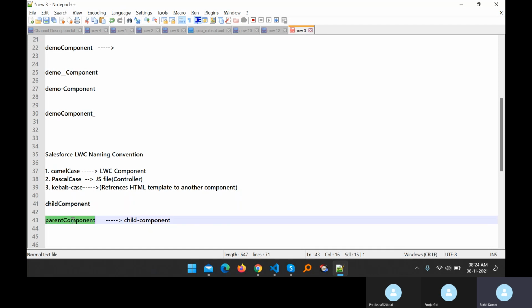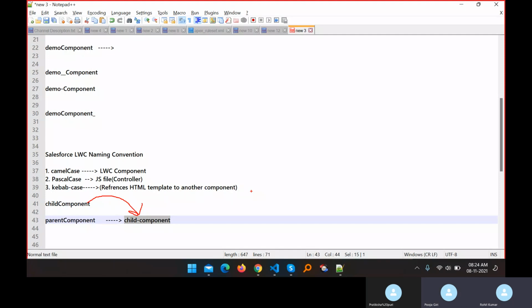I will explain in upcoming days how communication works from parent to child and child to parent, so don't worry about it. For now, you can easily understand how to use this child component under the parent: we can use it with the help of kebab case, like that. You convert the component name into this naming convention, and this is the kebab case, right? Is it clear for you? Yes, sir, it's clear. Okay, fine.